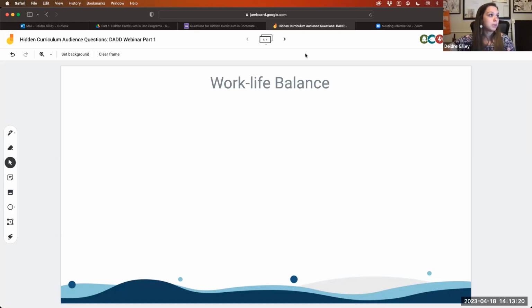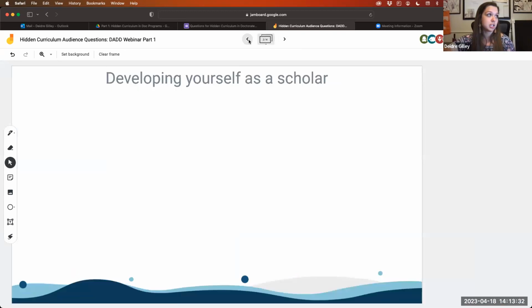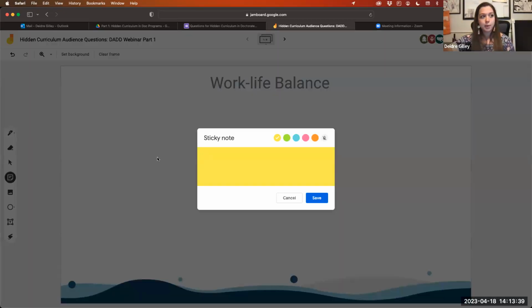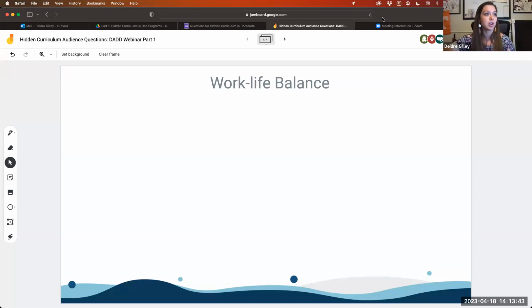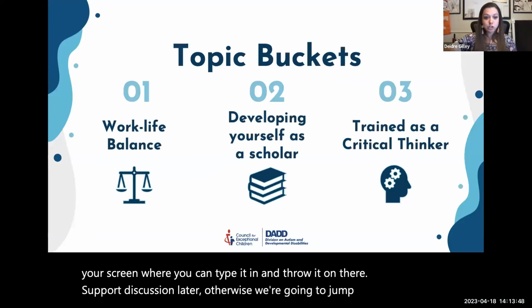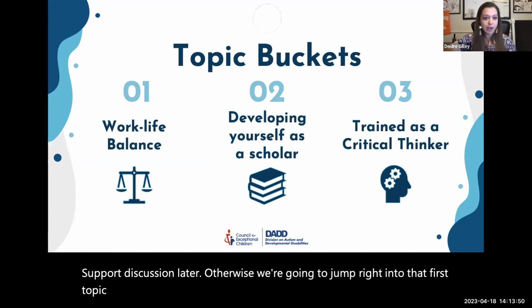For those that are not familiar with Jamboard, there are left and right arrows at the top that you can switch between the slides. If you have something outside of these 3 buckets, feel free to add that question to the last slide. All you have to do is select either a sticky note or a text box, and it'll pop up on your screen where you can type it in to support discussion later. Otherwise, we're going to jump right into that first topic bucket of work-life balance